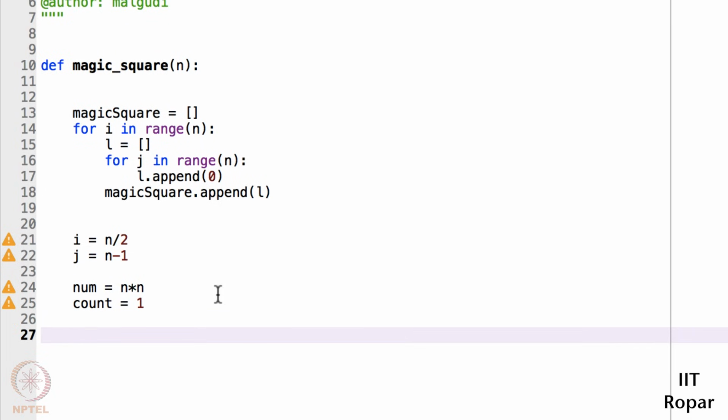Okay, now I need to follow some condition multiple times. Multiple times means what? Until and unless I exhaust all the elements, all the possibilities of this matrix, which for example for 3 cross 3 is 9. So it means that I have to check the condition exactly 9 times. So I will write a loop, while